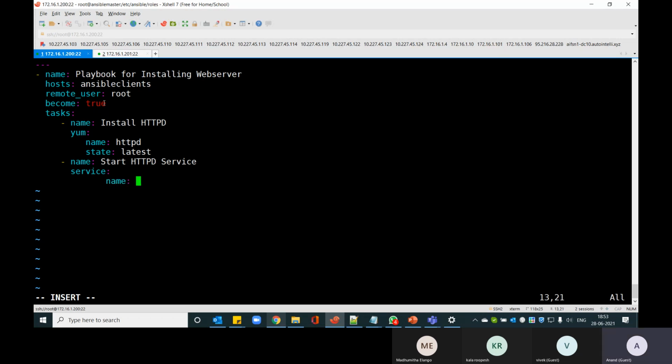So just have a look at the way the indentation is. This is how you need to indent between the different categories. So it needs what is my parent category, what is the subcategory, and what is the sub-subcategory. I'm going to say service name is HTTPD, and the state should be started, right? And so I think this is more than enough to install and run your default HTTP, but I'm also going to create my own content in my index.html and push it to the target.